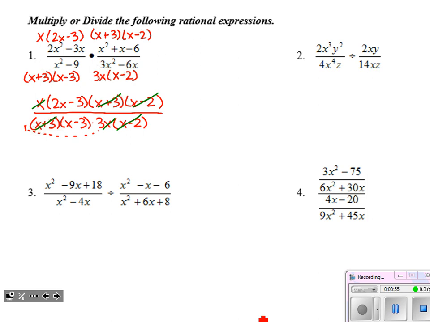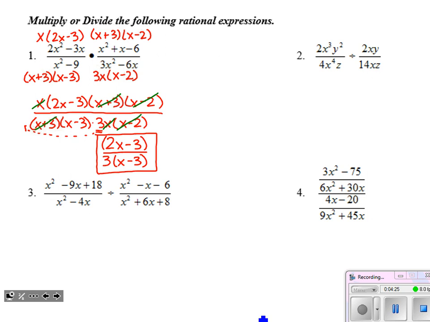So my final answer is simply 2x minus 3 over what's left in the denominator. We still have this 3, and then times x minus 3. Now, it's very tempting to want to cancel out x minus 3 or just the negative 3's, but remember, we cannot cancel those. They are not multiplied into top and bottom. They're just merely added in. So this is our final answer.